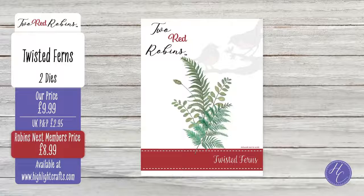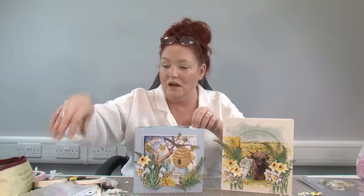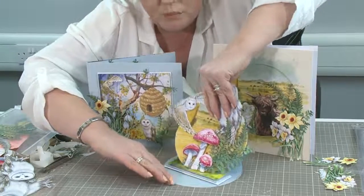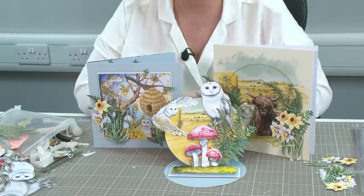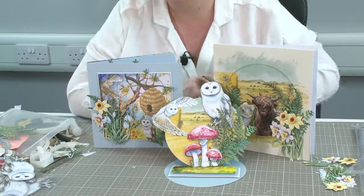So let's just bring in all 3 that we've used. And remember, these are all back in stock pieces. So there's lots and lots for you to have a play with. Okay. These are just wonderful. Oh, I just love using all what we've got with our robins. Let me stand that up. That's just a small amount of what's on there on the website. So drop onto the website,